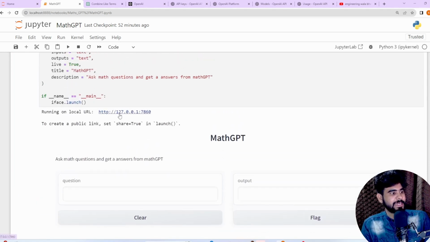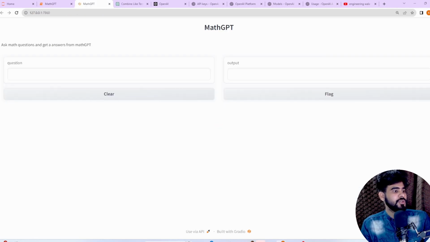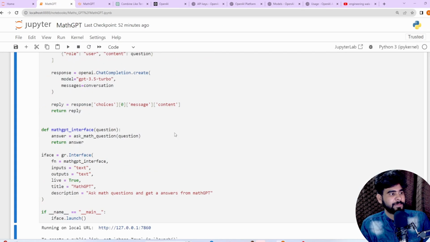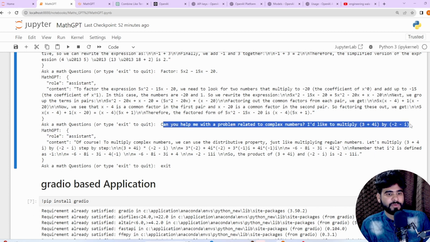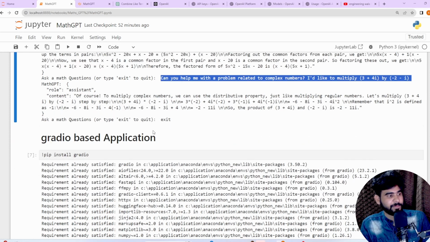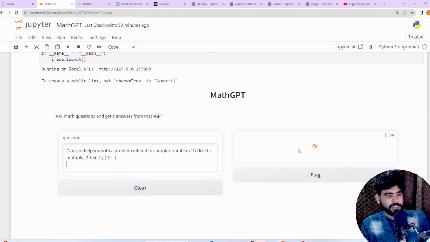Now as you can see, it is loading our data. So this is the link that we are getting. Again we can ask a question here, or we can ask a question here as well. So here as you can see, math GPT: ask math questions and get the answers from our math GPT application. So what I'm going to do, let me go back, and from here I'm going to ask some questions. So let me ask this particular question, the last one. After that we can ask some other types of questions as well, but right now let me ask here. Okay, now as you can see it's running.